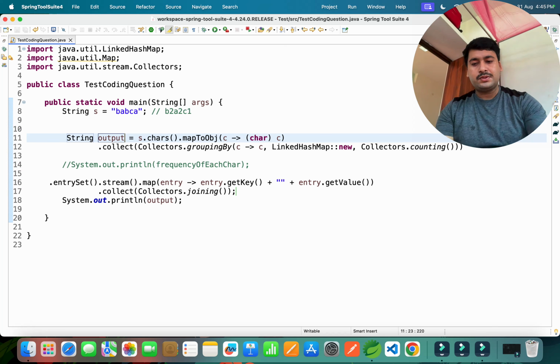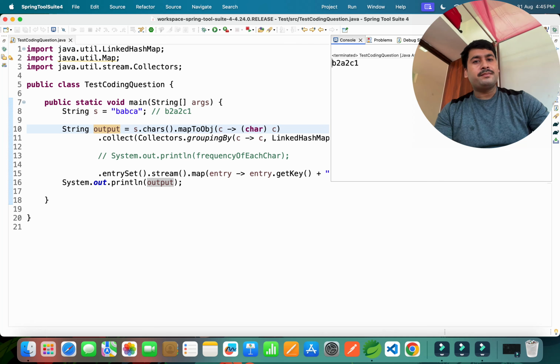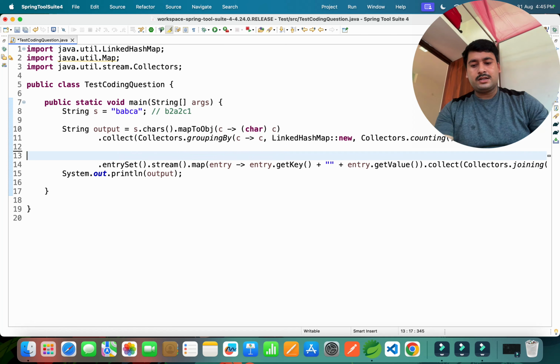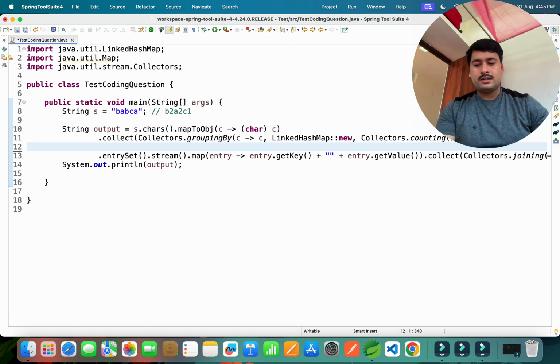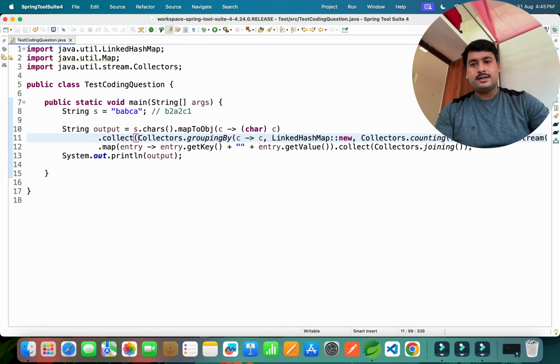Are you able to understand? Now if you see, your output will be the same, B2, A2, C1. This line is not required, so I will remove it. Not required, right?